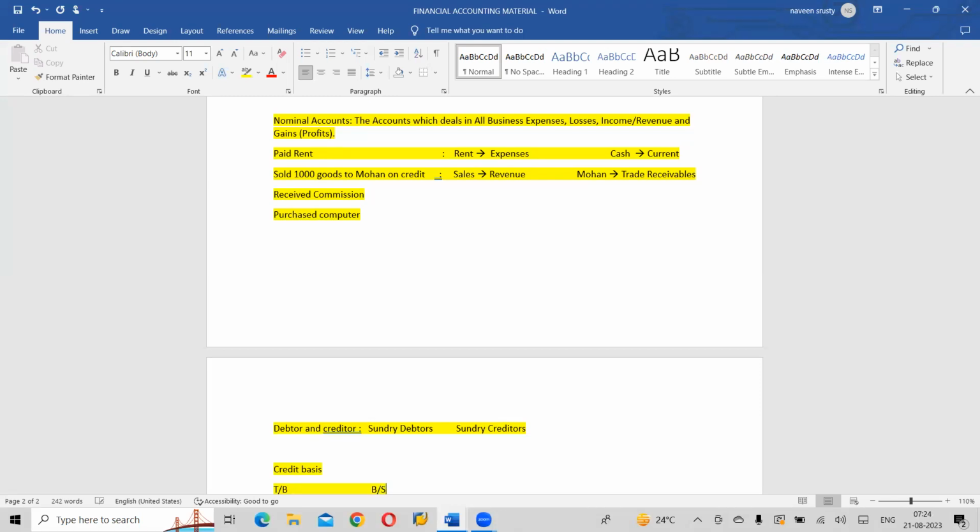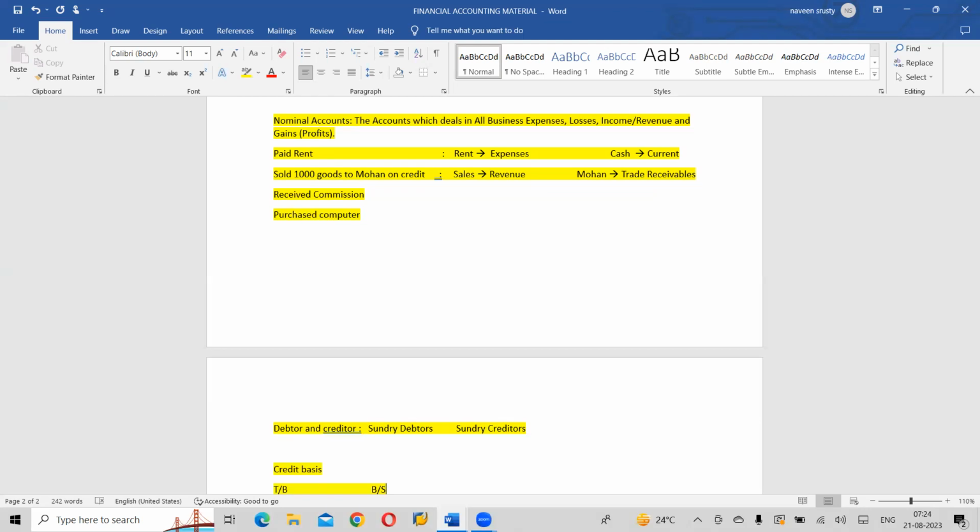No, we can't. Because your balance sheet will become bulky if you want to show it under current asset. If under debtors you say you need to receive from A, B, C, from XYZ, from 1, 2, 3, from 4, 5, 6, from 7, 8, 9, right? If I want to show the 100 debtors in my trial balance or balance sheet, then my statement will become more bulky. Correct?